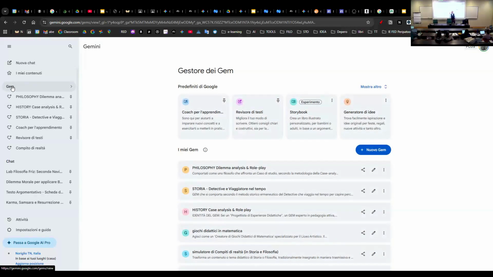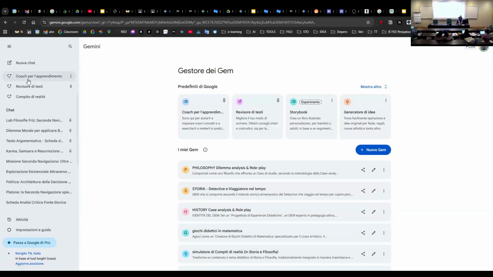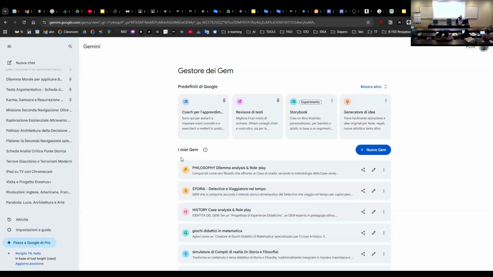Slaves focused on a specific task, and you choose the task. As a designer, I want to have a slave, the best expert on my side, to create a philosophical dilemma analysis and role playing, as I showed you before, or historical case analysis and role play. But if I am mathematical, why don't I shape a gem on mathematical didactical games? Of course, I want you to do that now, but I'm showing you that these ones are the ones